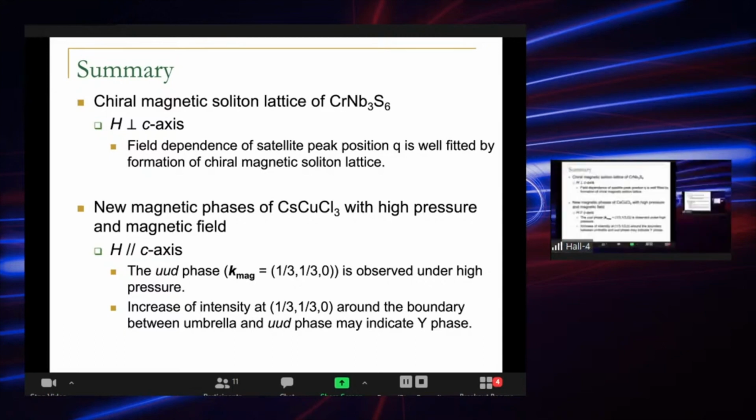Thank you very much, Kousaka-san, for this nice experimental talk. Then